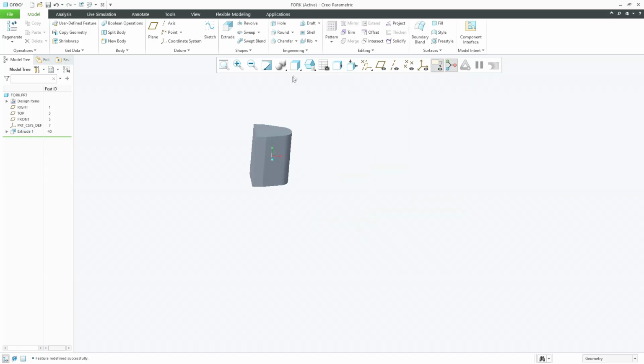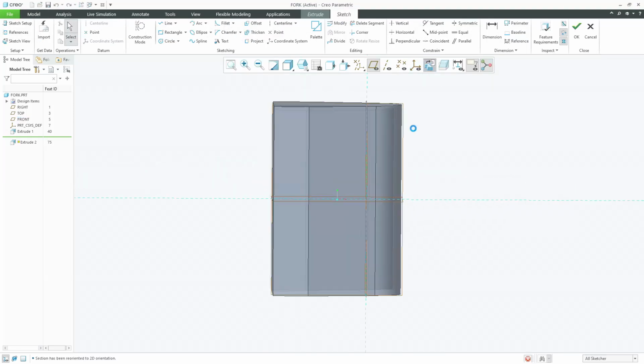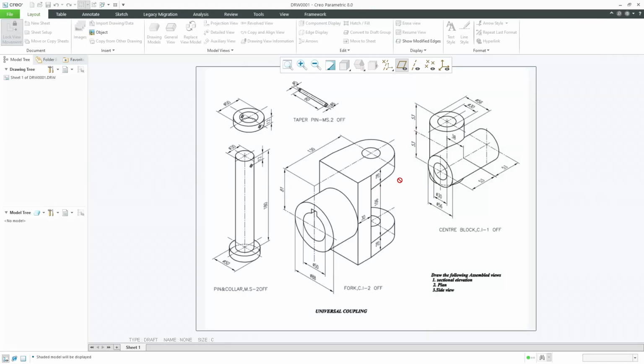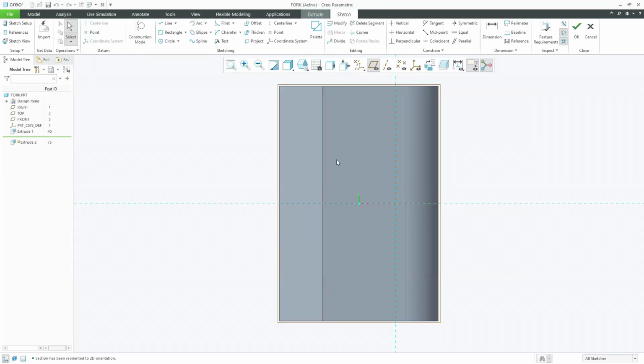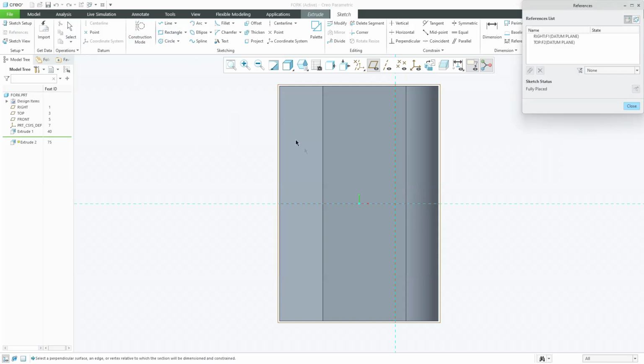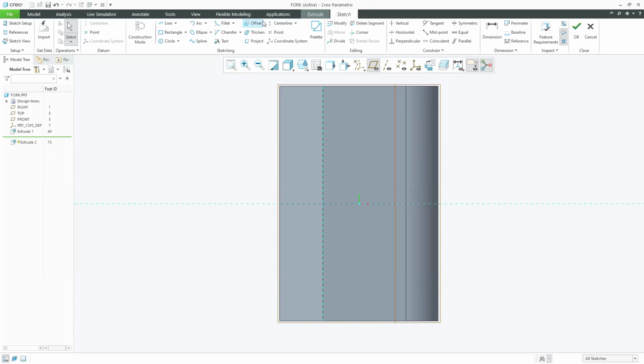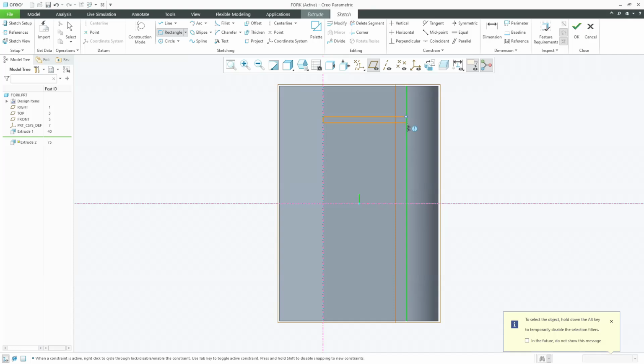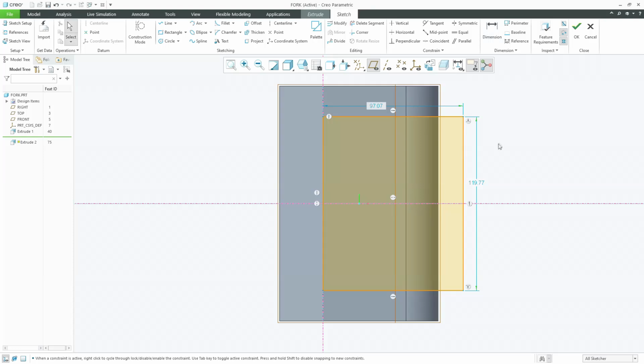So next I'm going to go to the front view, and I'm going to create a sketch to remove material in the extrude option. So this value will be 28 in the top, 28 in the bottom, 106 in the middle. And I'm going to select references with this straight line, and I'm going to delete the references which are not required for us. I'm going to create a center line here and a center line here, and I'm creating a rectangle where this distance is 106 symmetric,